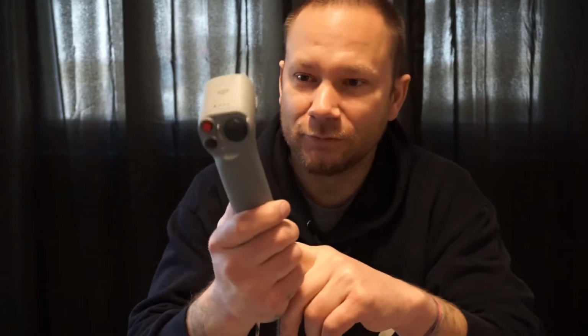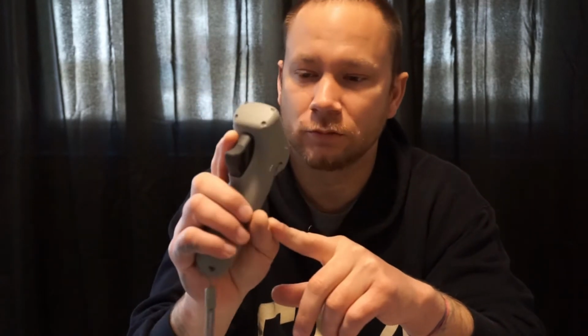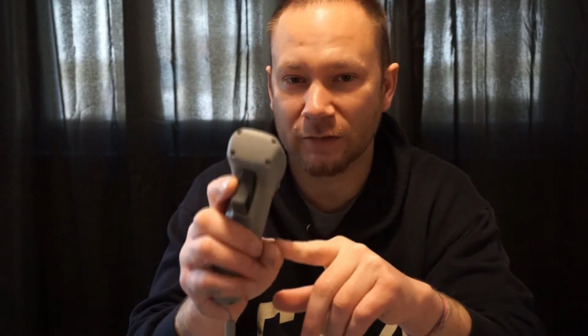is this a good toy? Yeah. Is this an actual tool? No. And here's why. Because it doesn't really do everything that an actual controller will do. And they could have really easily made it do it. They could have had it so...